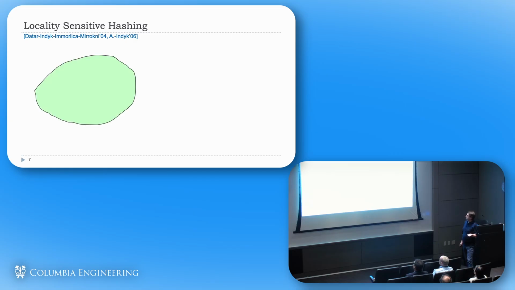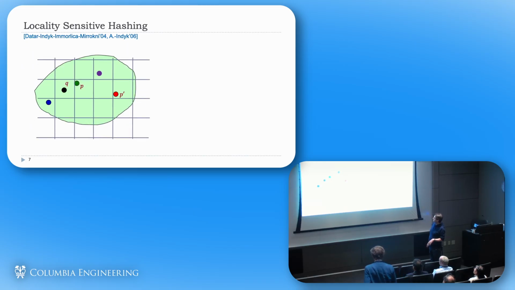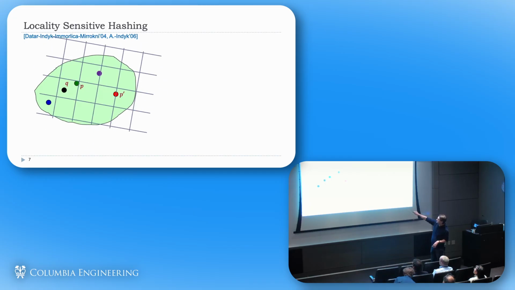Okay, so some constructions. Here is one construction that I'll show you. This is a very nice one, and it comes from the first paper by Indyk, Motwani, and Mirrokni. Let's say these are your points. What you do is you take a grid, you randomly shift it, randomly rotate it in Euclidean space, and each cell defines a part. So this is one way to decompose this space.